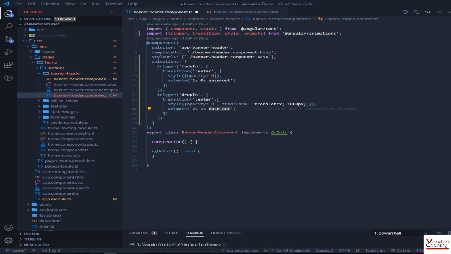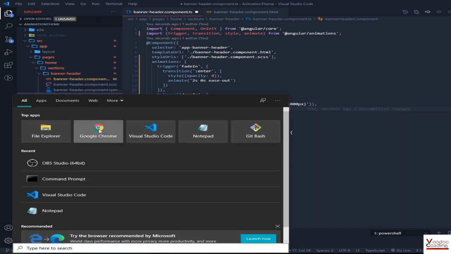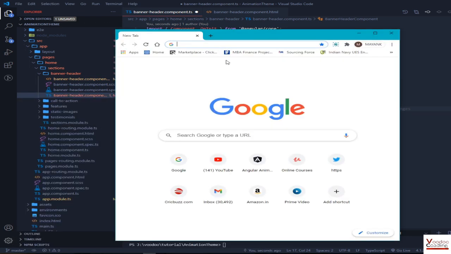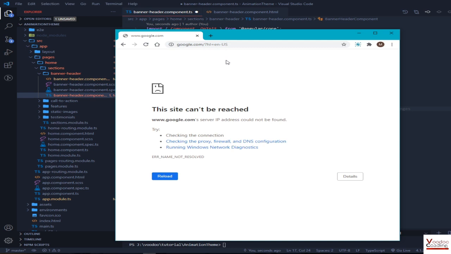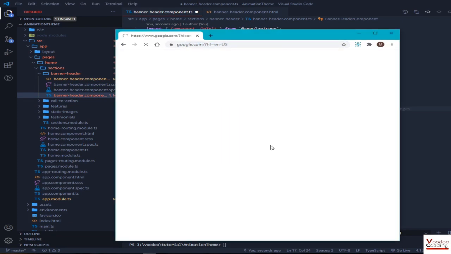But there is one animation I already created with a Bezier curve. You can use this animation. I just created it custom from a website. If you don't remember, you can create custom animation curves on this website. Google the... so Google is not working. Let me check my internet. Okay, so you have to go to Google.